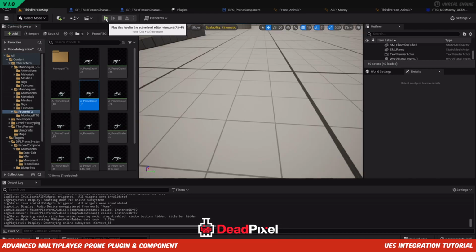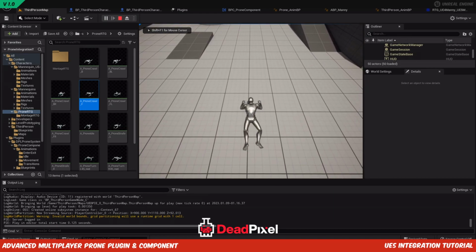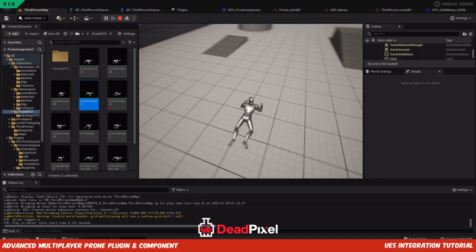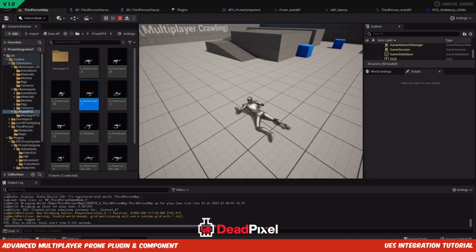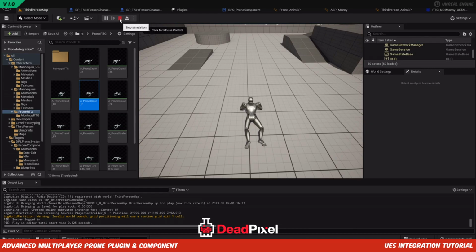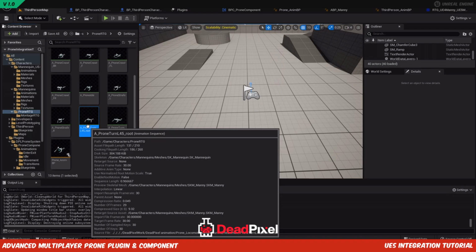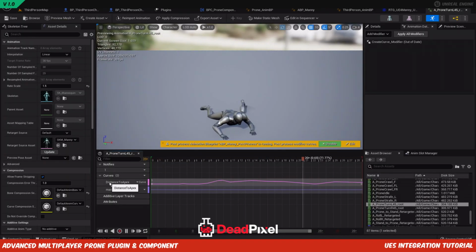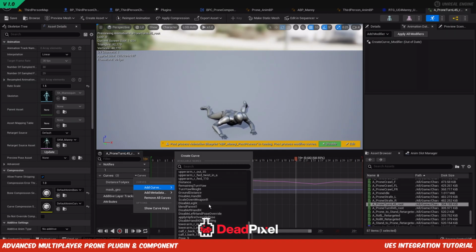So for this, we need to fix our rotation curves. You'll notice that if you go in and you try to rotate, your character won't actually rotate in place. I'll just do this, just to kind of stay in place. The fix for this will be, we're going to go into our turning animations. You'll notice that these have different names. So you want to first go into add curve and look for the